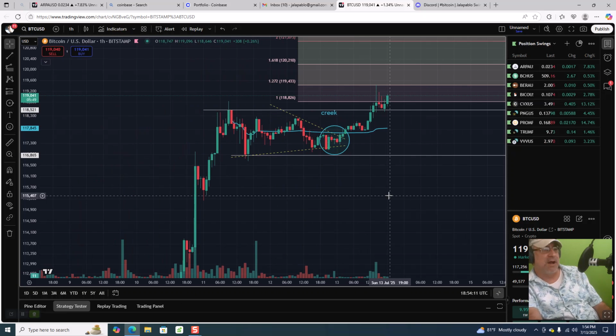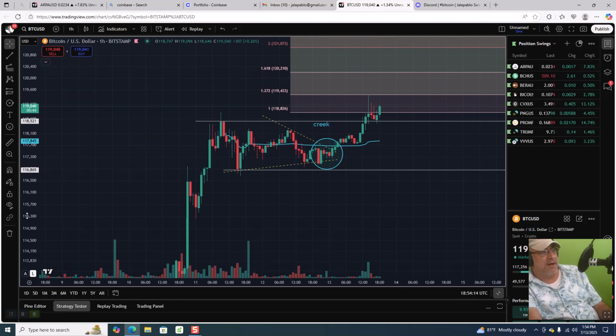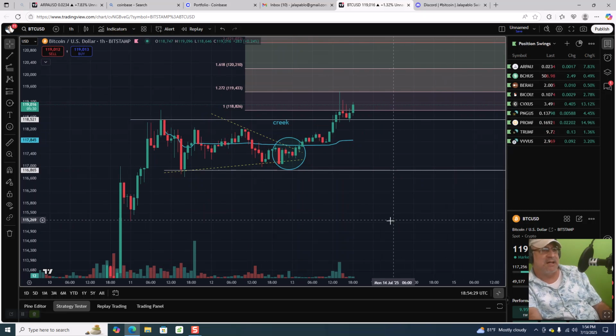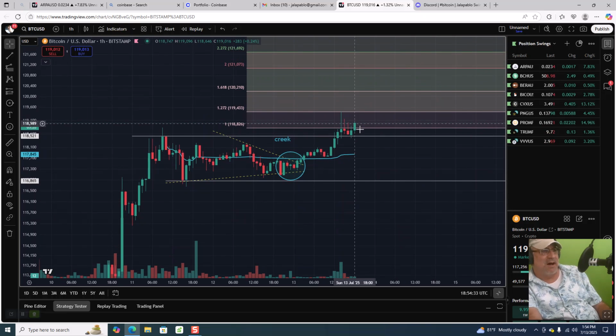How high? Now I don't know. Nobody knows. But since we got stopped out here at the 1.272, came back down, you see, we retested trading range resistance, flipped it to support, and now it looks like we're heading back up. I can reasonably expect the price to further venture up to the golden Fibonacci extension level, which would be the